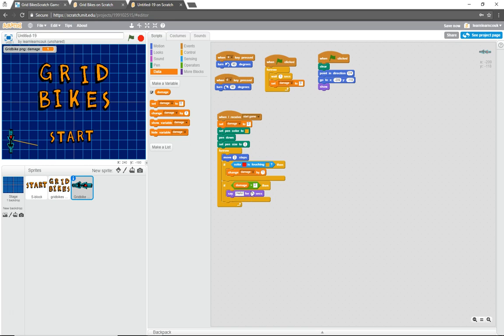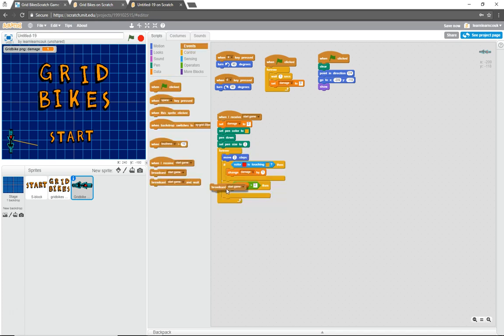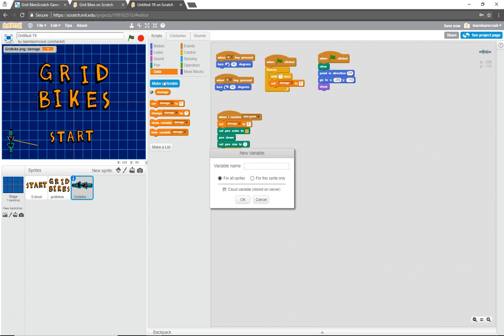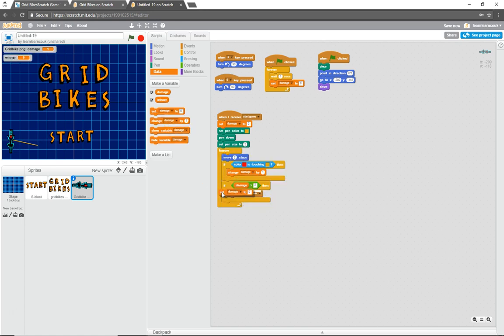Good. So if that colour is switching that colour, change damage by 1, which is good. So what do we want to do here? We don't want to say hello to end the game. What we need to do instead is say, okay, it's going to be game over. So let's broadcast game over. New message, game over. And we also need to tell the computer who's won. So let's create a new variable to store it in, and let's call it winner. This one we leave for all the sprites because it's going to be a global winner. It's not the winner just for him. And there's the winner,